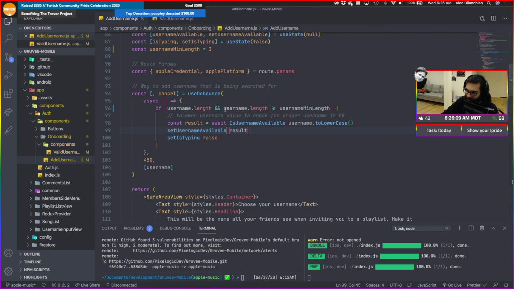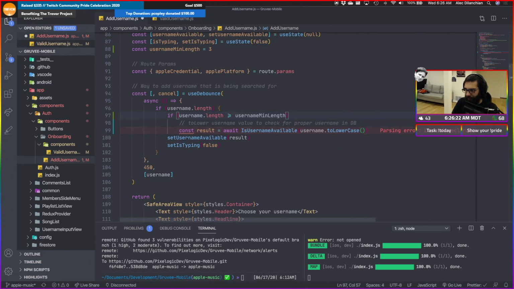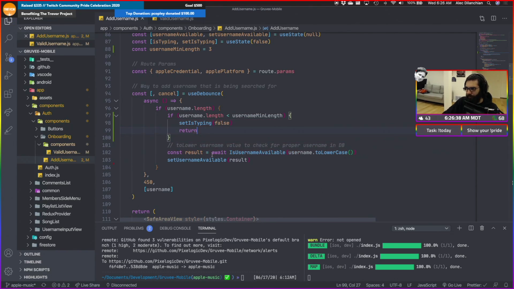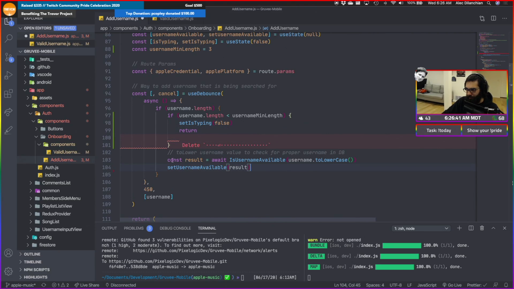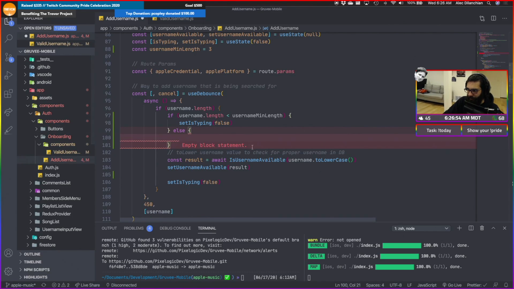So instead of doing this check in here, if username is length, and then we check if username length is less than the user min length, we can still set is typing to false and then just return.